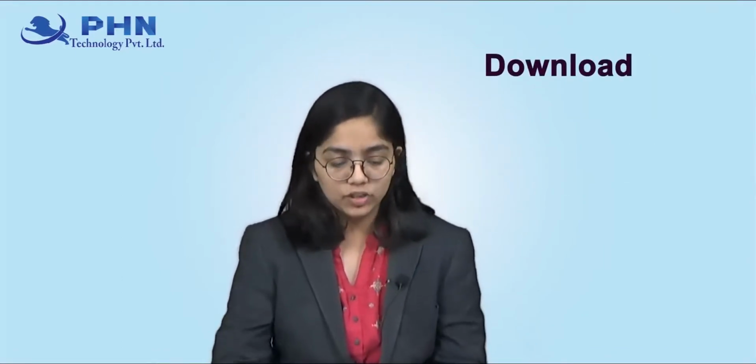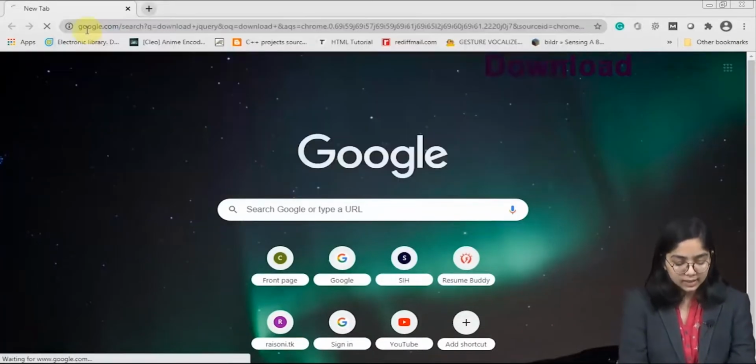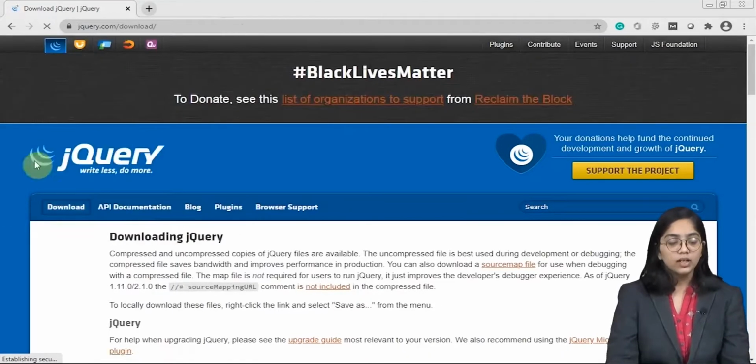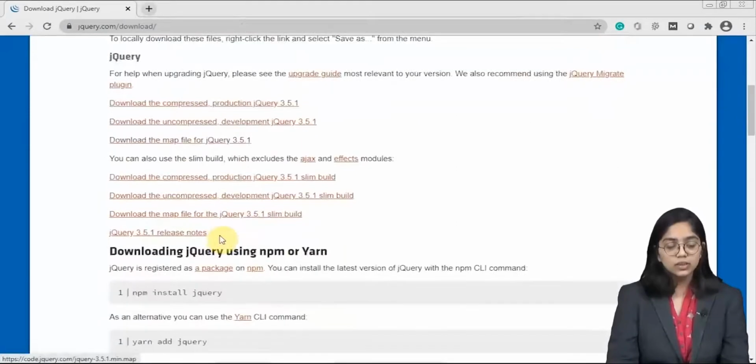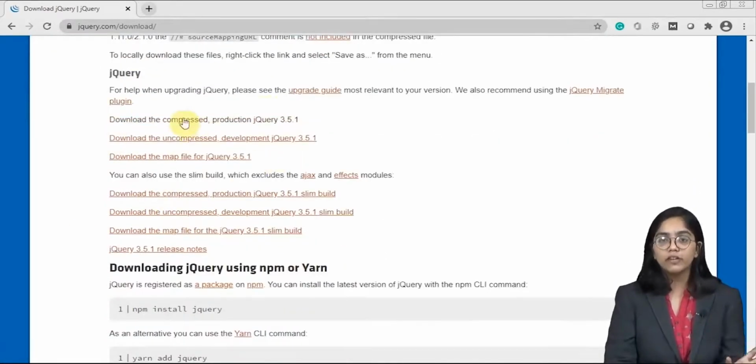The first one we will do is by downloading that particular package, the library. You need to go on Google and search for download jQuery. After that, click on the very first link, which has jQuery.com in it. After it is loaded, you can see that there are so many methods through which you can download or take jQuery into your website. We are going to follow only two, which are the best methods. The first one is jQuery downloading. We are going to directly download the .js file and add it into the root folder of our website.